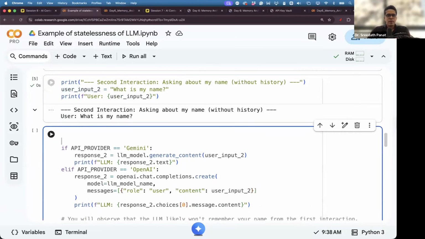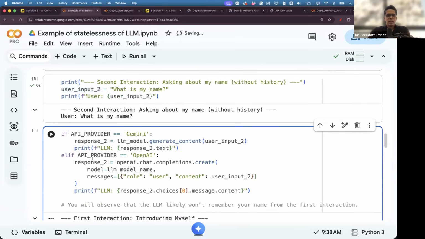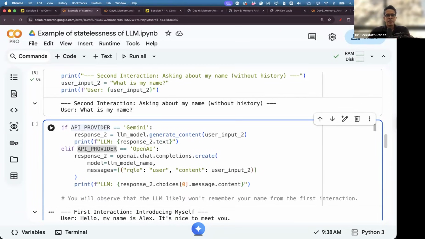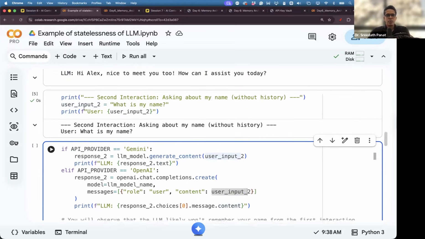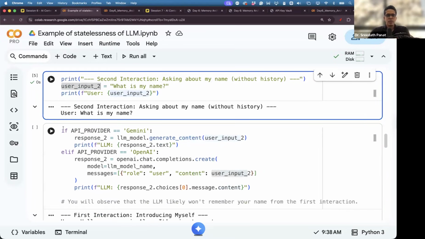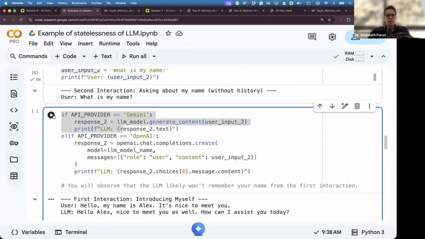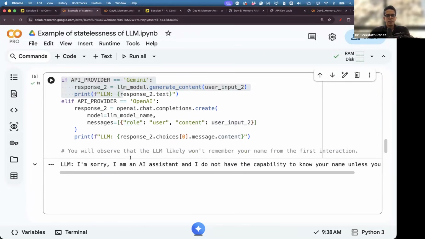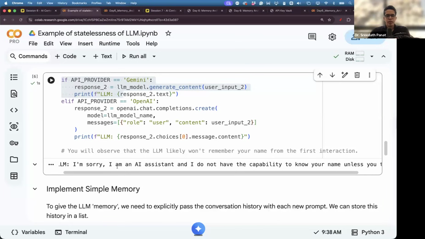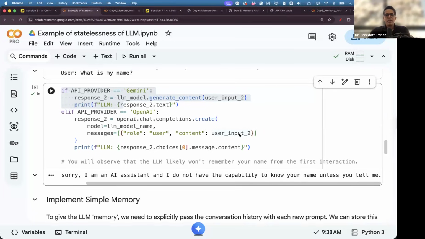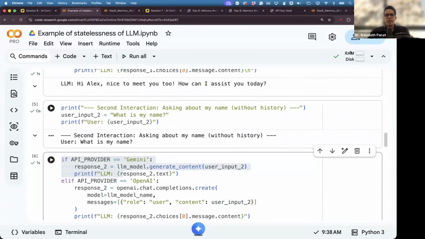And then you repeat the same thing. This time you again call the LLM, and the API provider is OpenAI, and the message is such that the content is user input number 2. User input 2 is this: what is my name? So now if we run this, the LLM will say, "I'm sorry, I'm an assistant and I do not have the capability to know your name unless you tell me." So basically, when we are calling an API,